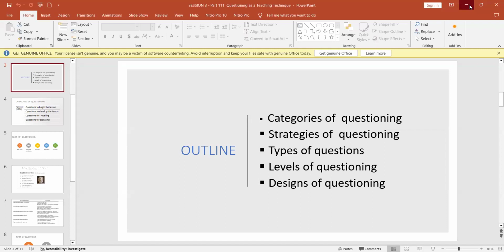Let's take the homogeneous, same ability groups. So the teacher knows these are the very good students in the class, these are the average set, this is the very weak set. Normally the teacher has an understanding. Teacher should have an understanding, definitely. So you decide whether you're going to use this or that. When you actually put the same abilities into one group,